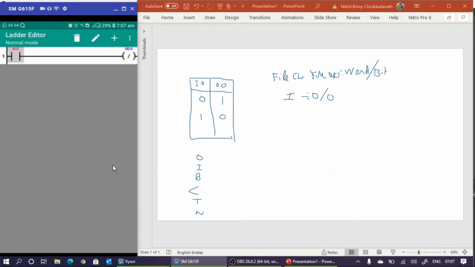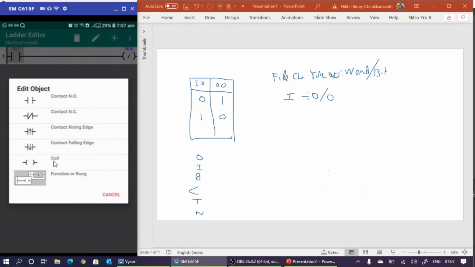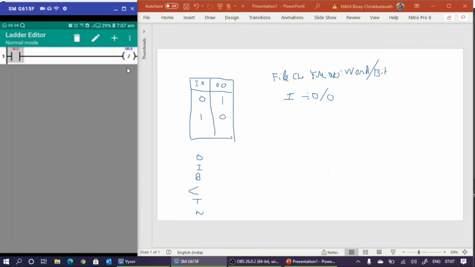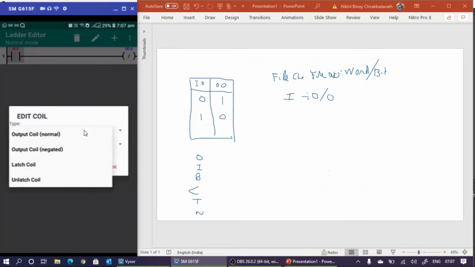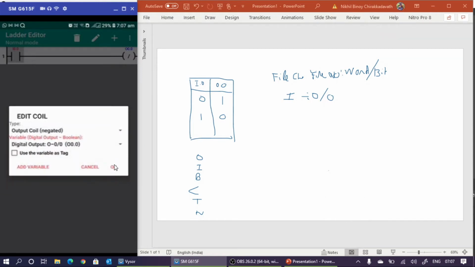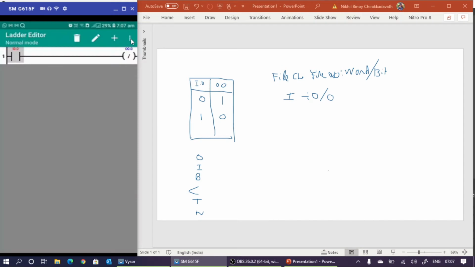Okay. So please note, deleting input coil, that is delete input, is very easy, but deleting output is not easy. Especially if you have only one rung, deleting that output coil is not possible. You can edit. What I did, press this edit button. So we are going to edit the output. So select this one. Now press on that icon. Now here you can change the type of output, whether we require normal output, negated output, etc. So a negated output is selected.